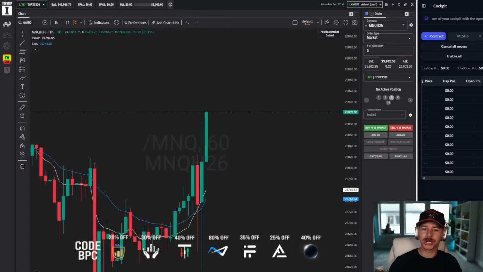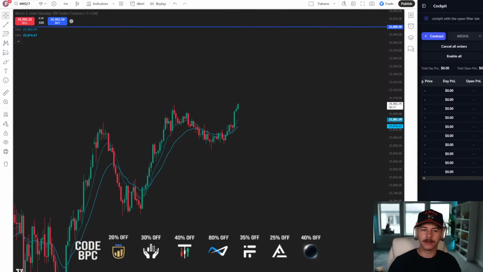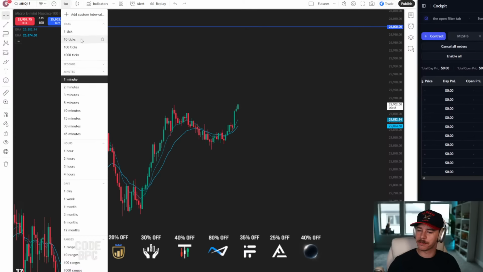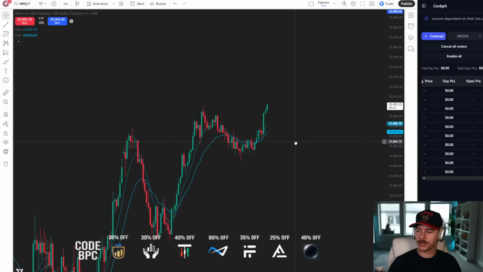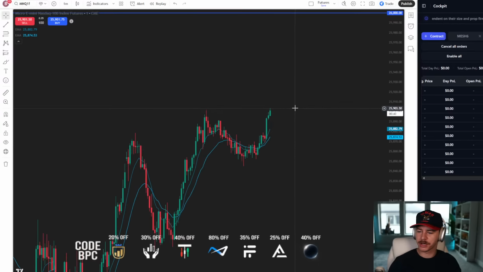What is 500 ticks on TradingView? You know what, man? TradingView does not have it. They want you to pay like $200 a month for the tick chart. Kind of sucks. I think there are some free platforms out there that will give you tick charts. You just gotta do some digging, but you can't trade off of it. But yeah, they want to charge like $200.